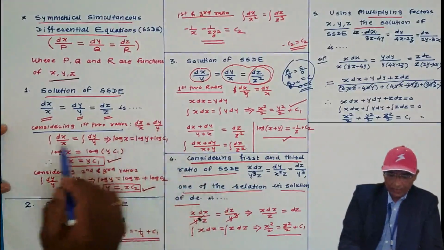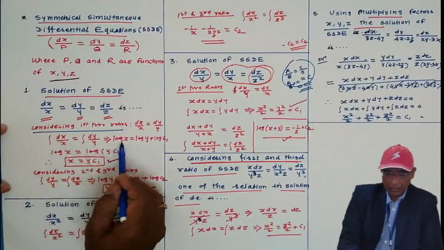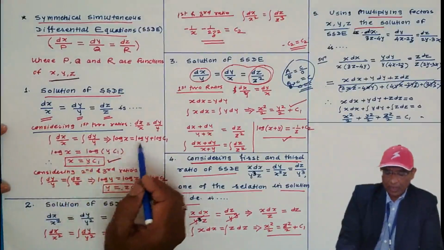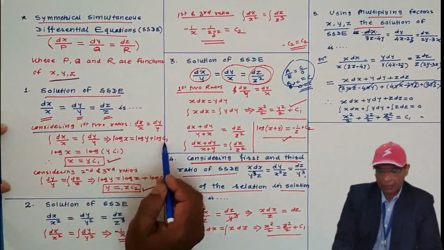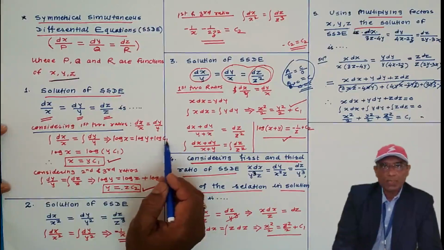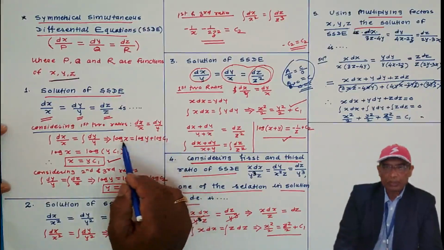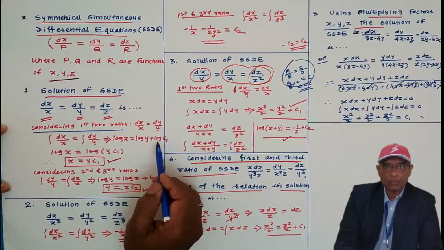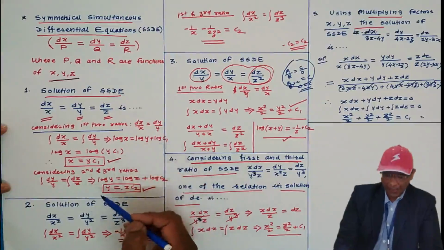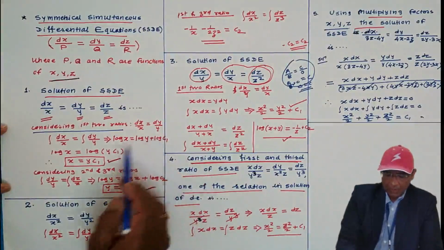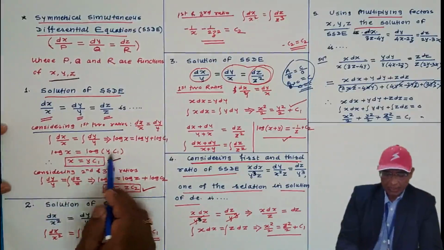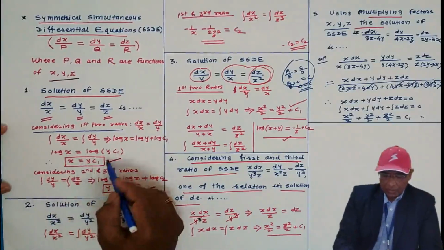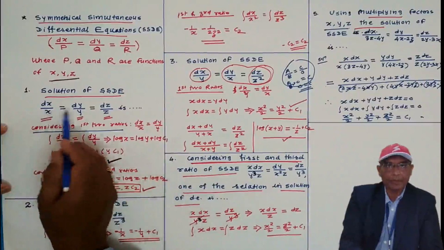Now take integration from both the sides. Integration of 1 by x is log x, integration of 1 by y is log y. And all the terms are log terms, therefore integration constant log of c1 I am putting. If you put simply c1, it is also okay. But rest of the terms are log terms, therefore I am putting log of c1 in order to get a more simplified answer. The log of a plus b is log of a into b by law of logarithm. The left hand side is as it is. Log of left hand side is equal to log of right hand side, therefore their domains are same. This is the first solution we have obtained.